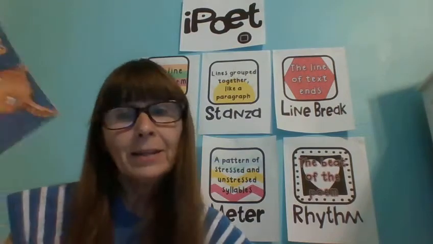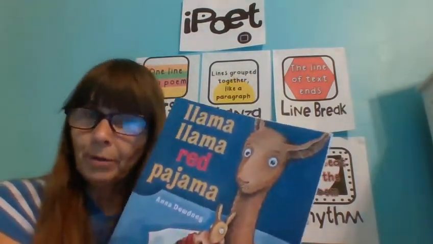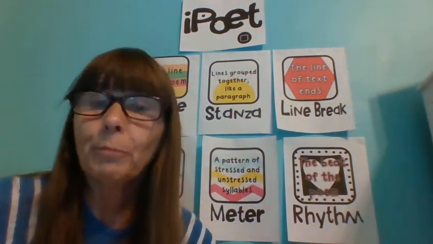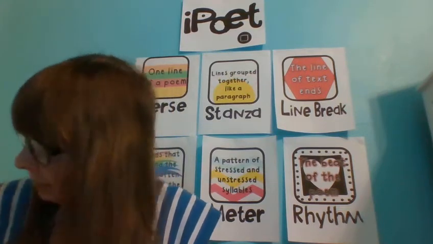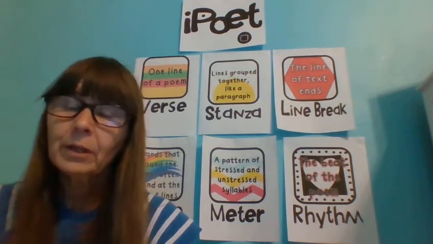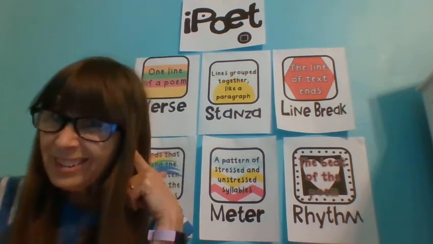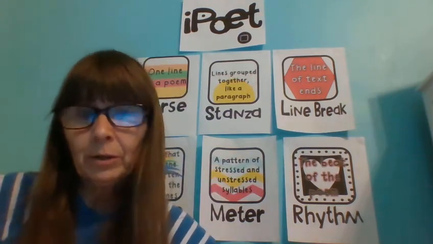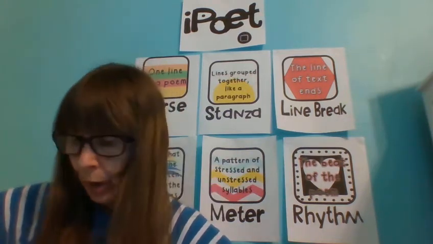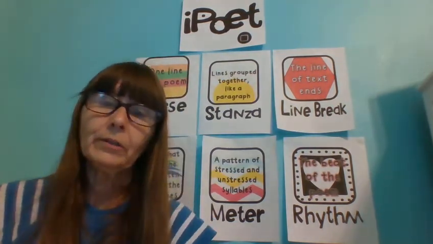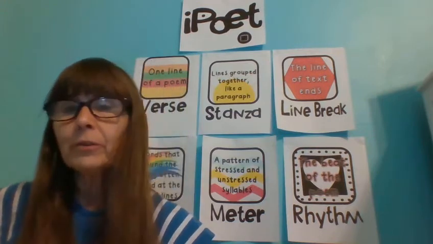Right. So that is a story told using rhyme and rhythm and many of the other features of poetry that we know. And we even had to use some of our skills that go with poetry. We had to make inferences. We had to use our sense of hearing, what we've heard in the past, connecting it to what we hear in the story. We also had to make connections to our emotional feelings and the expressions on the faces of Mama Llama and